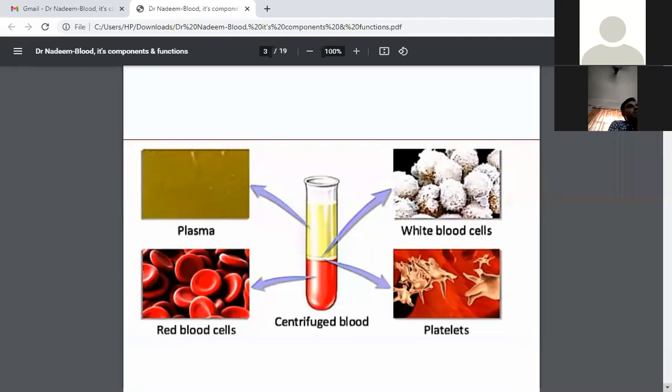It's clearly depicted from here that centrifuged blood is differentiated into these zones. So plasma never contains these cells. It is clear that plasma is blood without blood cells. Now the question, what is serum? Anyone can tell what is serum? Yes. Sadaf.